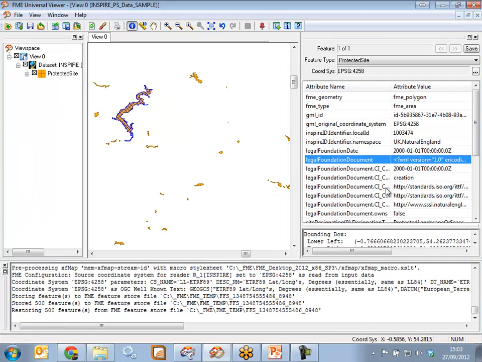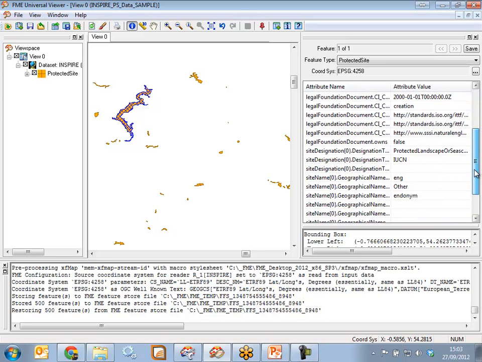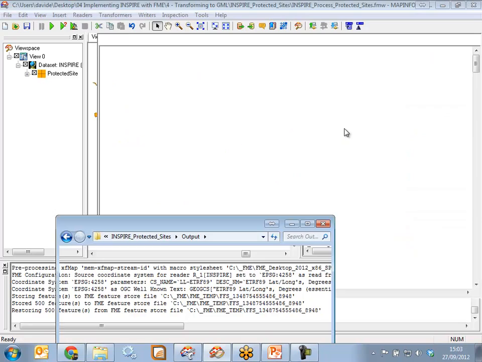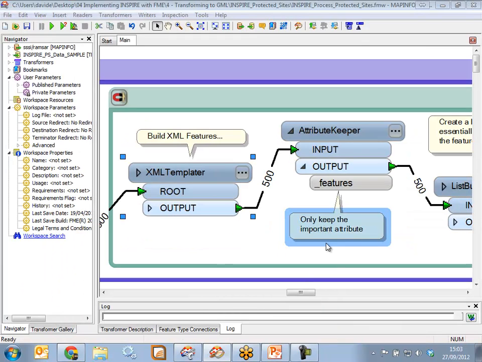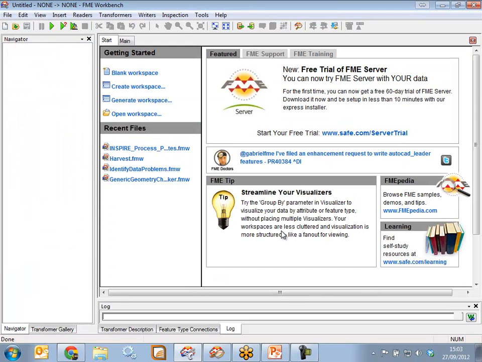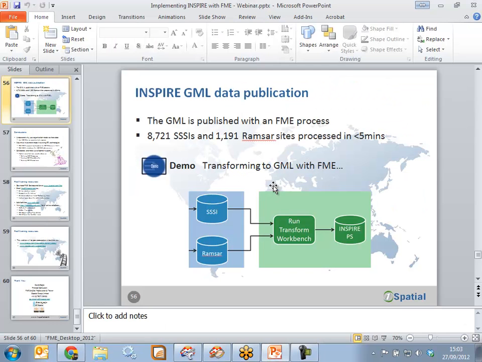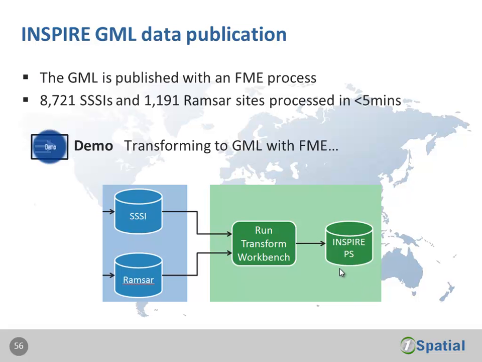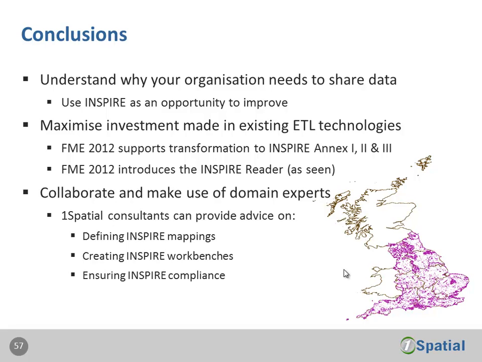We also have a parameter on read that allows us to basically check that against the XML schema to make sure that it validates correctly. And here we can see if we click on one of these features, we've got the data and all of the appropriate elements in Inspire written out into the data. And it's also, as you can see, reprojected it to EPSG 4258, which is that ETRS89 projection system, which is